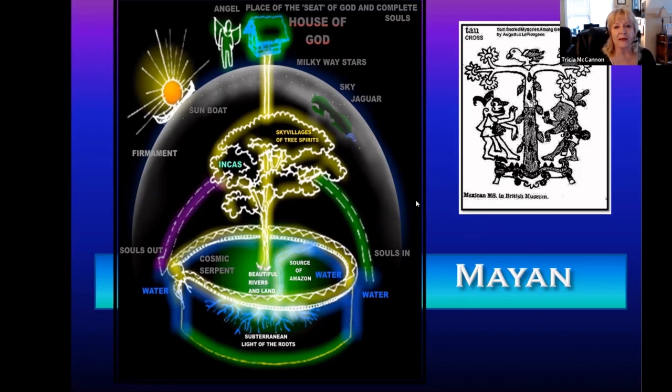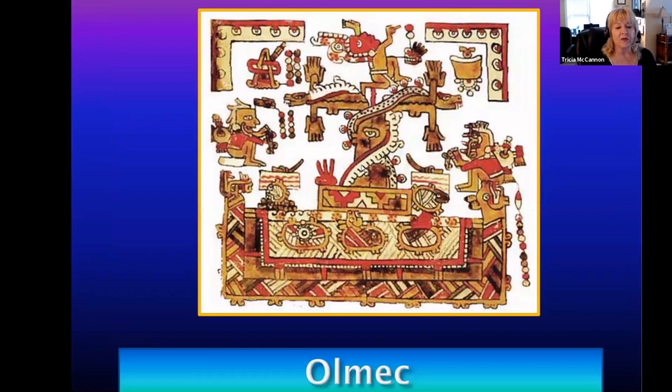Here's the Olmec. Now we see the column here. And of course, this is really weird art to a lot of us, but we have to be able to decode it. And here we have these two serpentine energies that seem to be twisting up to the Tau cross. Yep, the same Tau cross. So what are those serpents? And up here we have the same kind of thing, some little figure that's made his way up to the top, and he's free. He's gotten free.